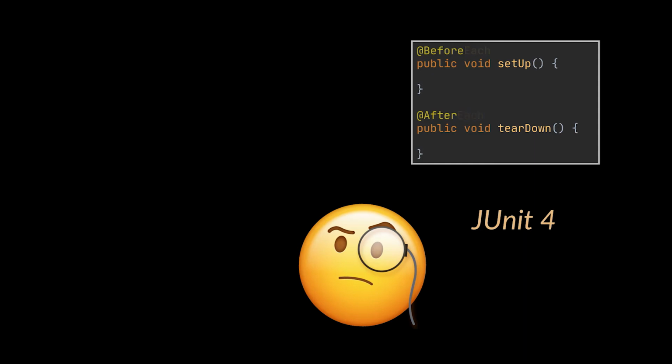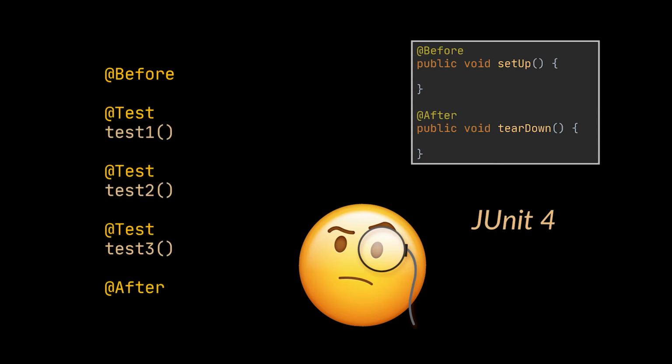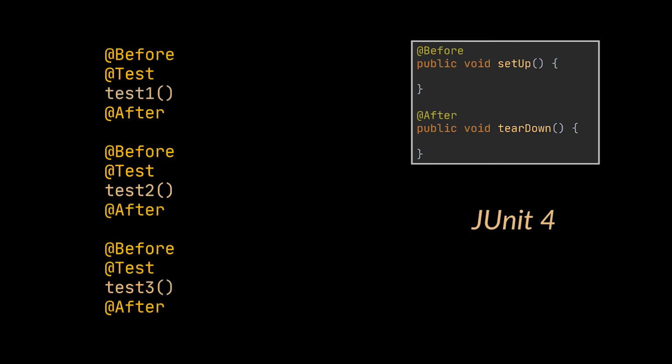Back in JUnit 4, these methods used to be named @Before and @After simply, and a lot of people saw these methods as having this kind of effect, that if you have setup and teardown, setup will be called at the start, then your testing methods, and then teardown will be called at the end. But really it's this, it's before and after every single test method. If you have these methods, JUnit will call the setup method before each test and teardown after each test.